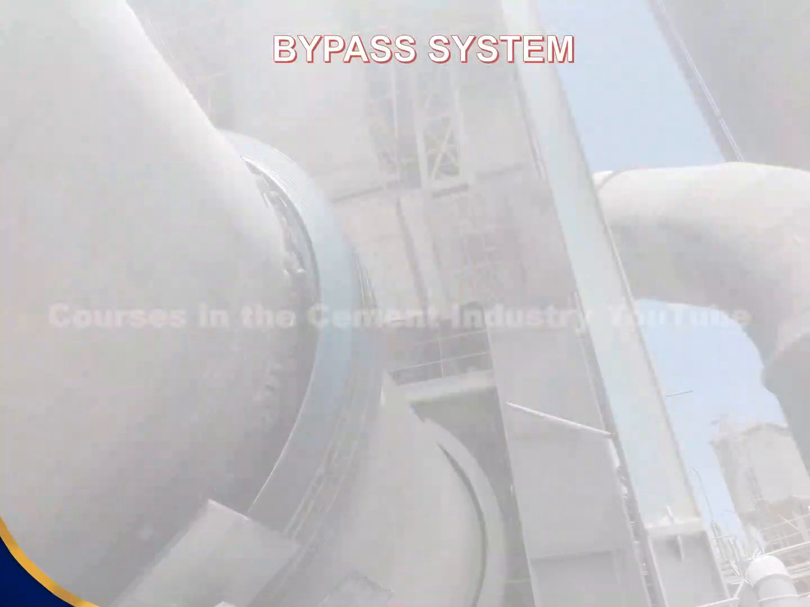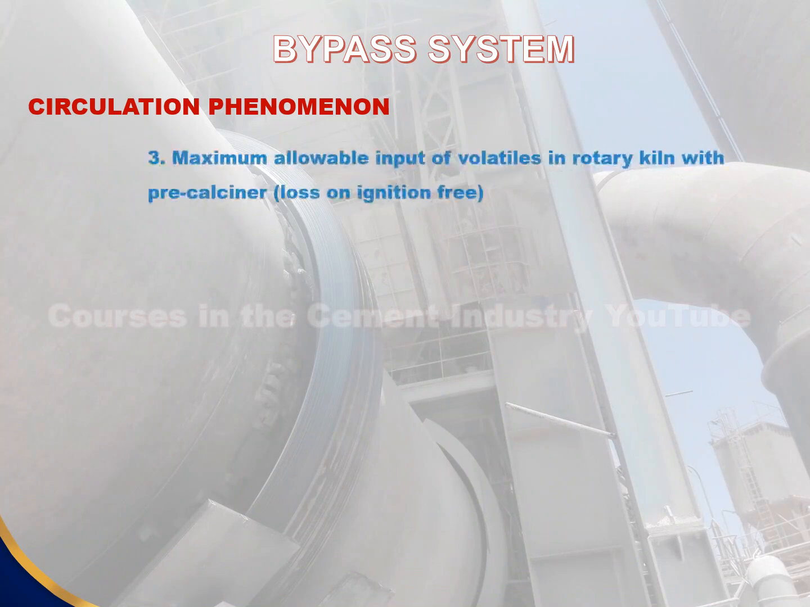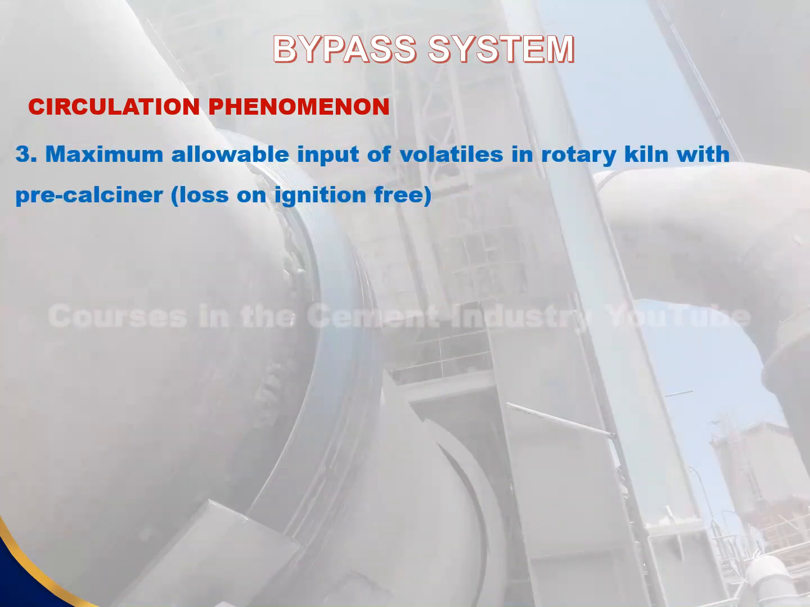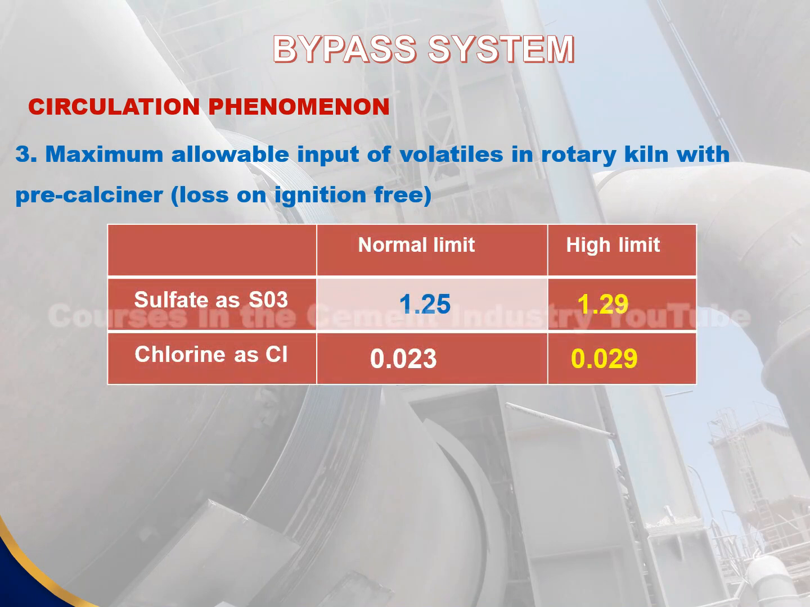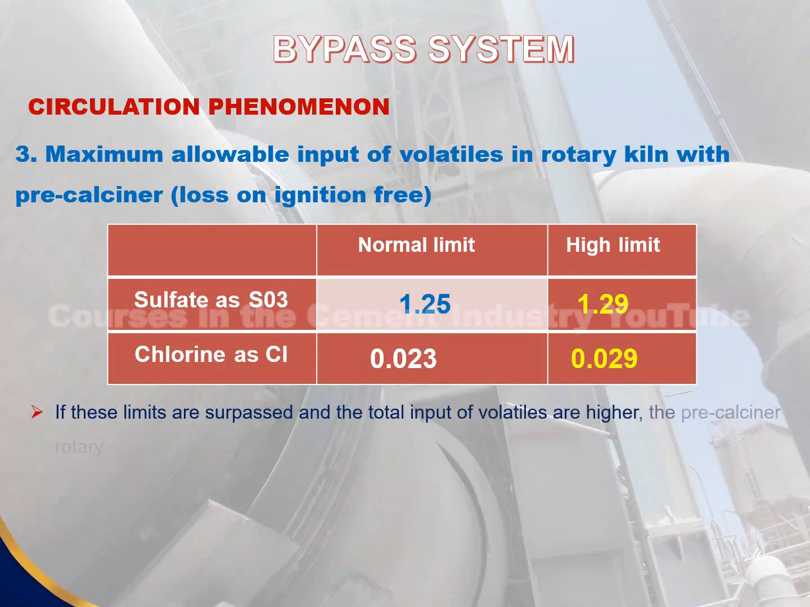We follow circulation phenomenon, 3. Maximum allowable input of volatiles in rotary kiln with precalciner, loss on ignition free. In this table it is explained normal and high limit for sulfate and chlorine. If these limits are surpassed, and the total input of volatiles are higher, the precalciner rotary kiln should be provided